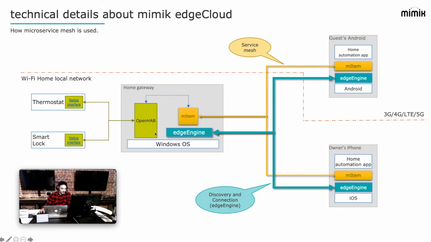So this here is how that demo was achieved. The items that you saw on the application were coming from the mitem microservice, and the mitem microservice was fetching those items from OpenHAB. Those are the items that allow me to change the cooling set point and the heating set point. That's directly coming from the native interface to OpenHAB, and OpenHAB is feeding those items to mitem, and mitem